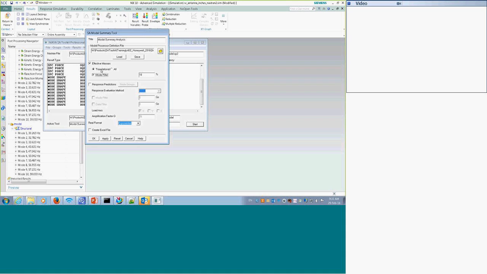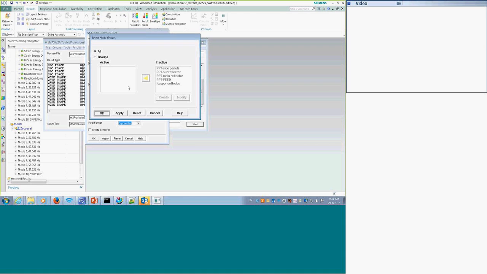I want to see all modes that have translational mass components greater than 10% of the rigid mass. And for my response, I'm going to pick groups. I'm going to click nodes and feed here.